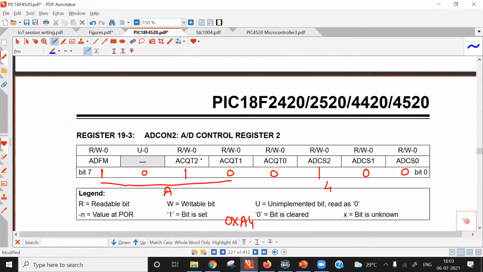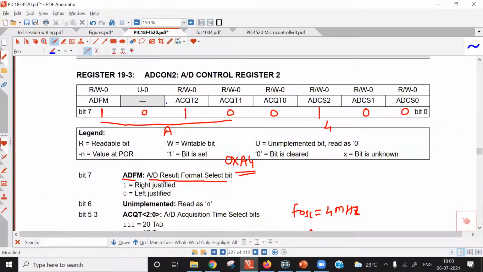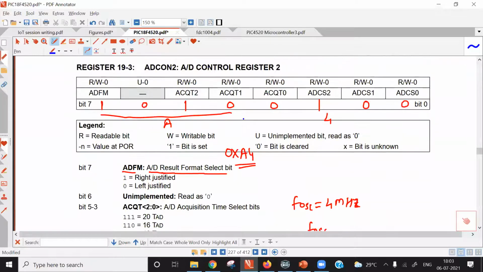Then the third control register is ADCON 2. There are two ways to save the result, right justified and left justified. For right justified format, the ADFM bit must be 1. The next bit is unimplemented. Then there are 3 bits, ACQT2, ACQT1, ACQT0. These 3 bits are used to decide acquisition time. Depending upon the values of these 3 bits, hardware automatically takes into account the required acquisition time.